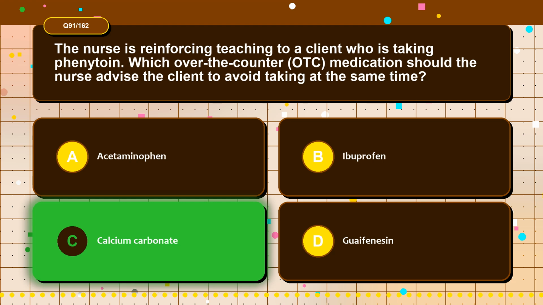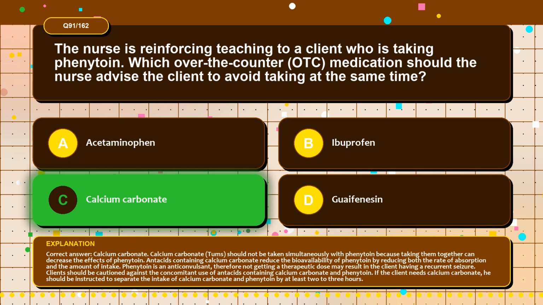The correct answer is option C, calcium carbonate. Calcium carbonate should not be taken simultaneously with phenytoin because taking them together can decrease the effects of phenytoin. Antacids containing calcium carbonate reduce the bioavailability of phenytoin by reducing both the rate of absorption and the amount of intake. Phenytoin is an anticonvulsant, therefore not getting a therapeutic dose may result in the client having